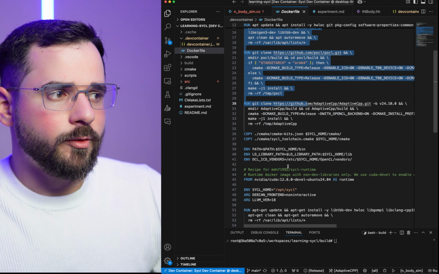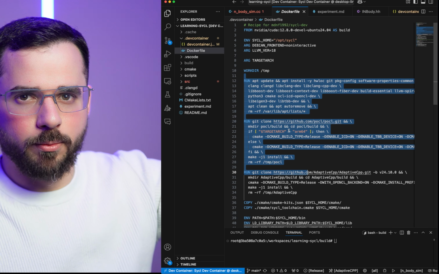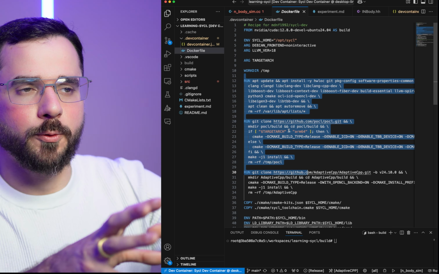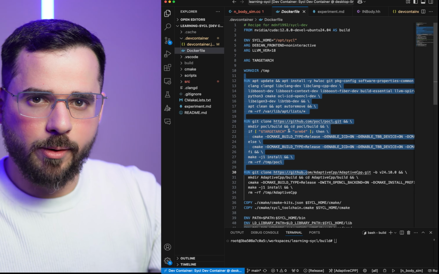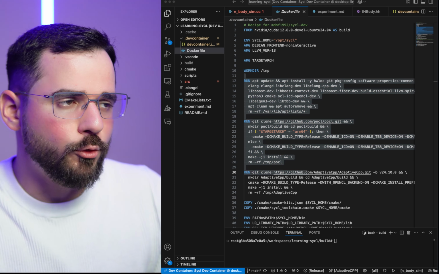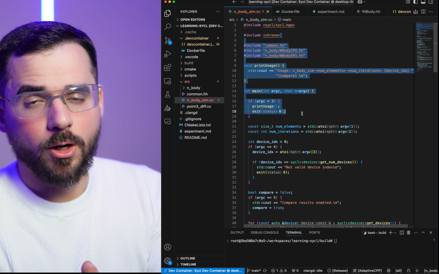So there's a Dockerfile that builds everything, and I've prepared this Dockerfile and pushed it to Docker Hub, and from there I can fetch this, and this can become my dev container, with all the dependencies, all the libraries, all the stack that I need to build my SYCL application already there. If we go back to the main application, n-body-sim, this is what I'm going to call,